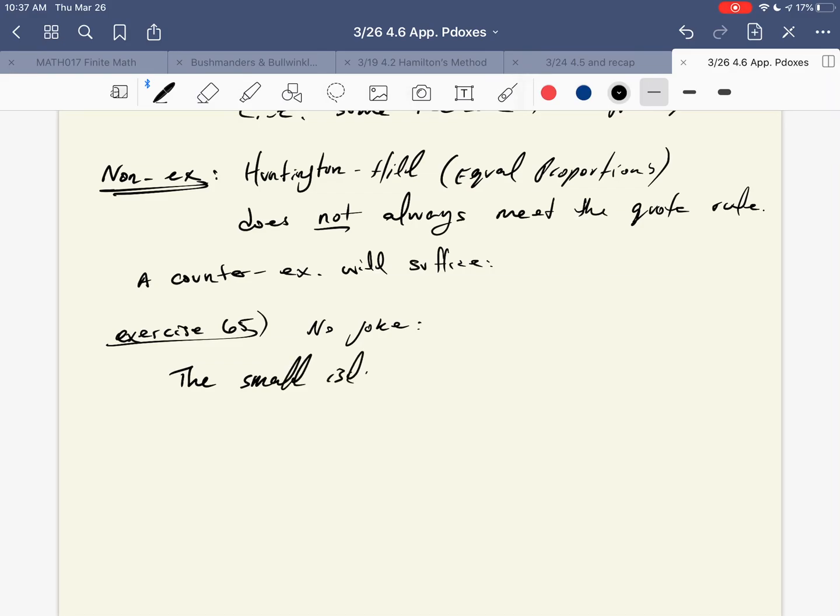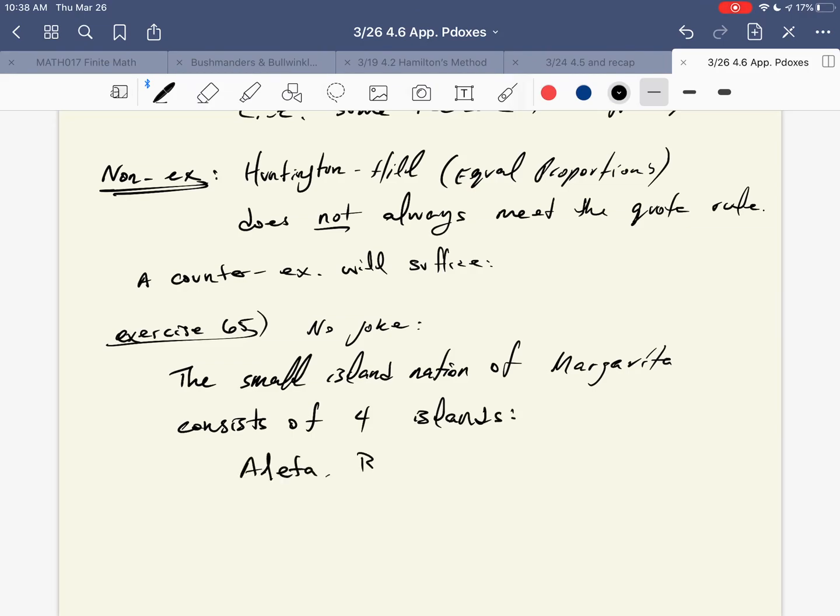The small island nation of Margarita consists of 4 islands. The islands are Alita, Bonita, Corona, and Doritos. I kid you not, they are horrible at coming up with names in this book, but it did